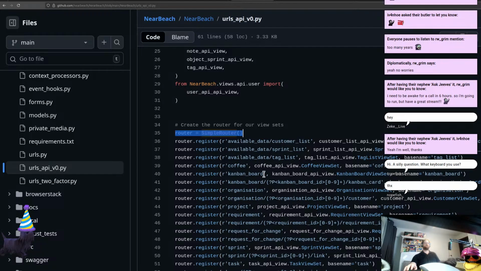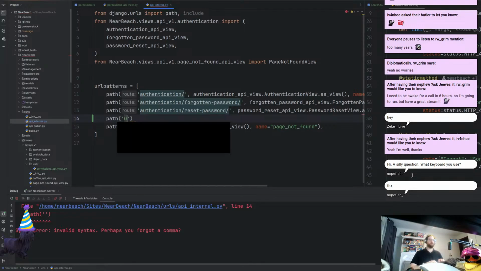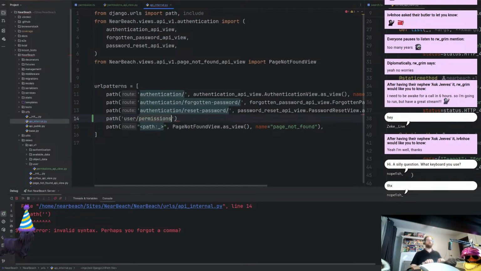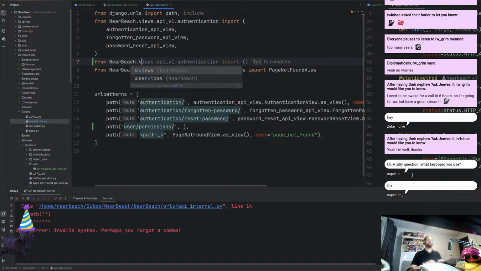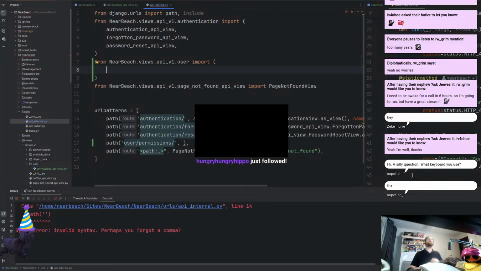Careful, socks. Alright. I'm just going to do what we've done up there. I'm just going to go user permissions. We're just going to go in here and we're going to ignore that for the moment. I'm just going to muck all that up. We're just going to go up here. We've got from NearBeach.views.api version 1.user import, and we're going to import